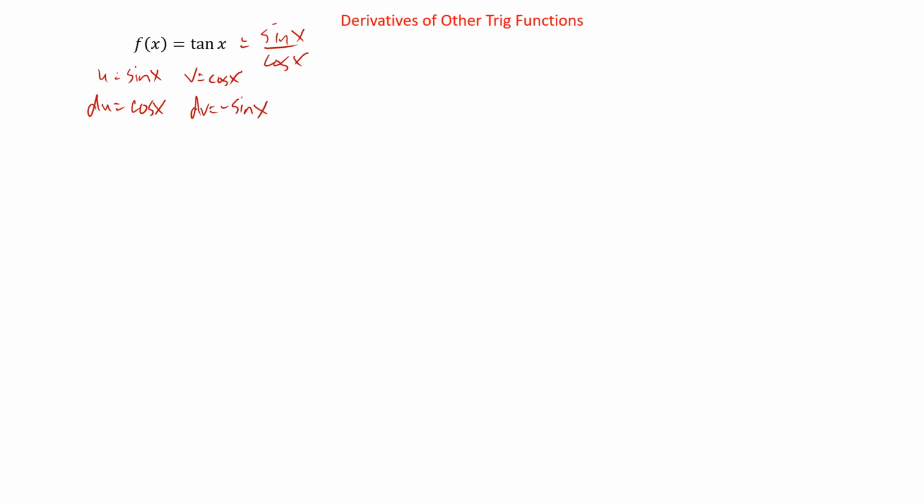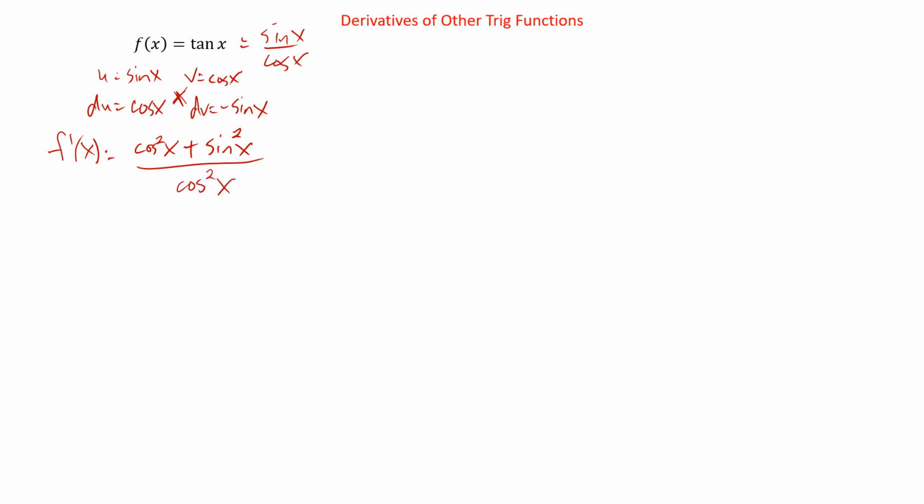And so now we're going to do this one minus that one. So f prime of x is going to be cosine times cosine. That's cosine squared x minus sine x times negative sine x will be plus sine squared x, all over, we have to square the bottom,